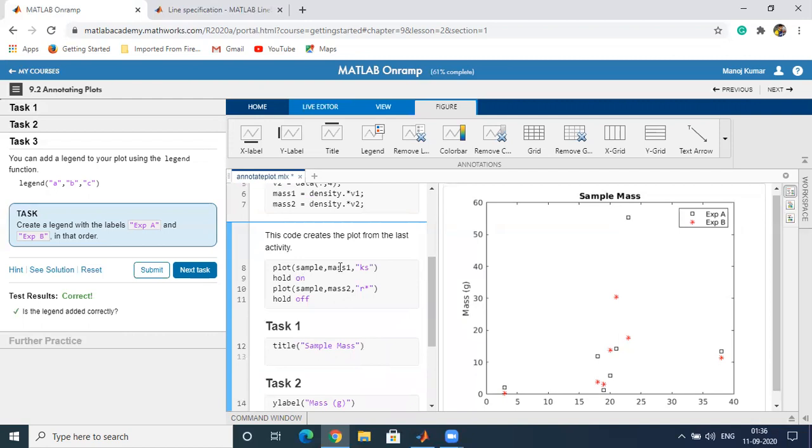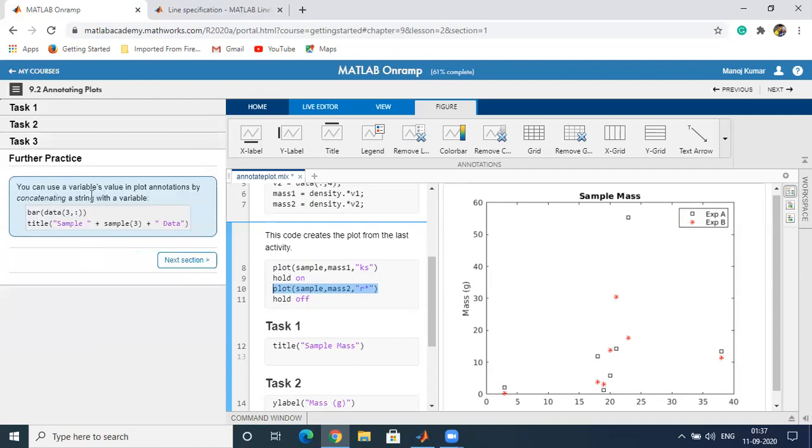We have plotted the mass one for the square. It was the first plot, the square, and the red star was the second plot. So the legend will appear EXPA, EXPB. EXPA will stand for the first plot, which was the square, and EXPB for the red star.